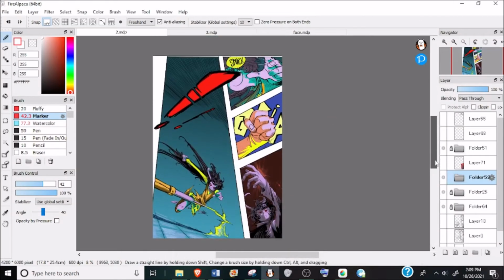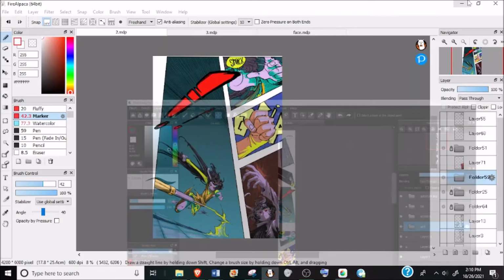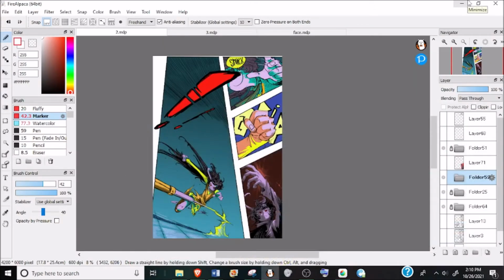What can end up happening, especially on a really old computer like mine, is that when you make it too big, drawing on it can become a pain in the butt. It might start lagging. It might take longer to save, because every time you save, you have to save all of this content, not just one panel. So drawing them individually, then moving them on there and resizing them, I just find a lot easier. I'll talk more about that process